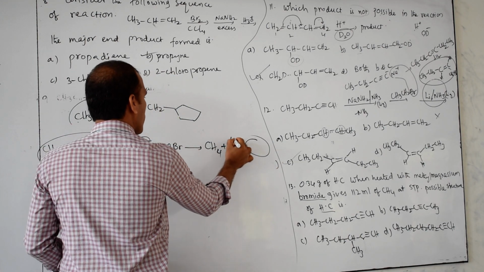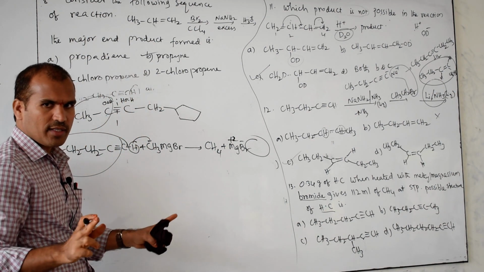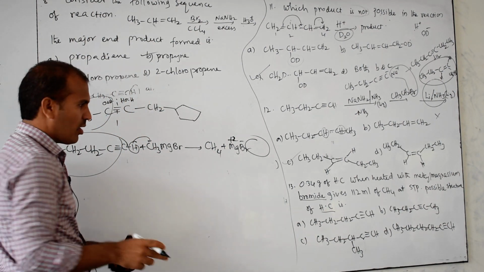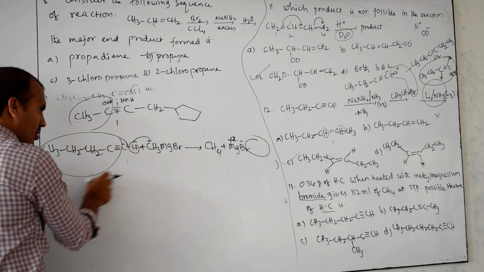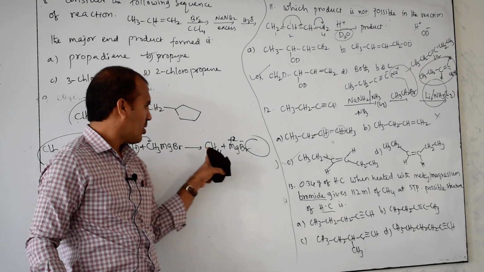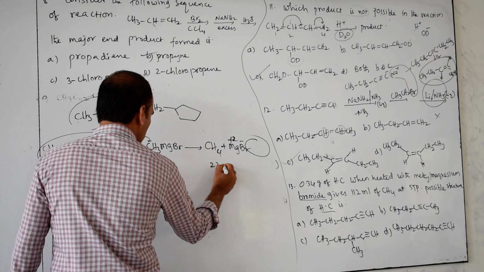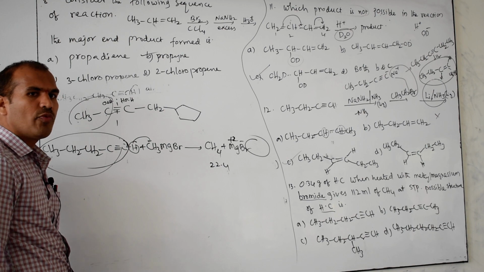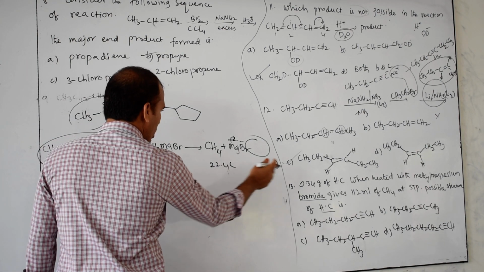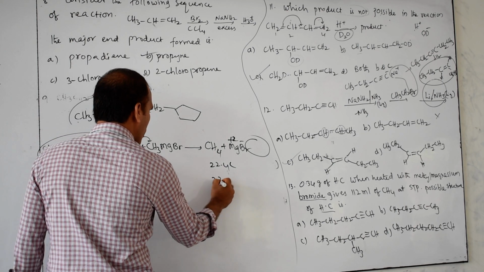Because this is positive 2 and this is one negative, another negative is required to neutralize. 2 positive and 2 negative are required. No need to write this. We want this. Okay, 1 mole means how much? 22.4 liter. But here what is given? Milliliter given or liter given? Then this will be converted into milliliter.